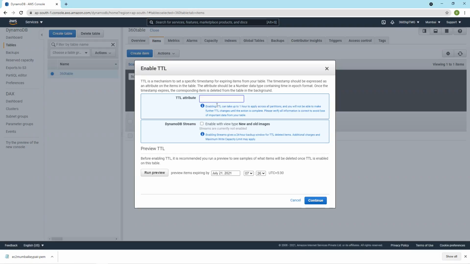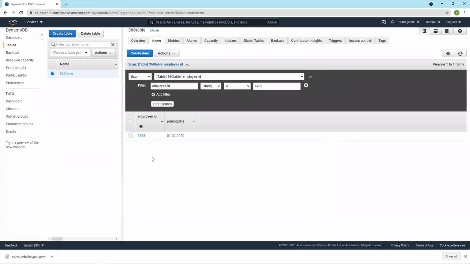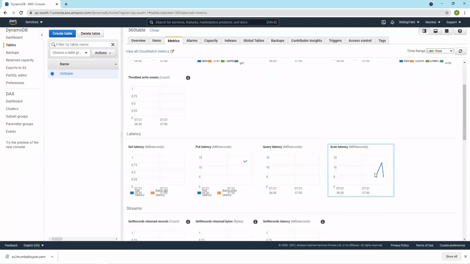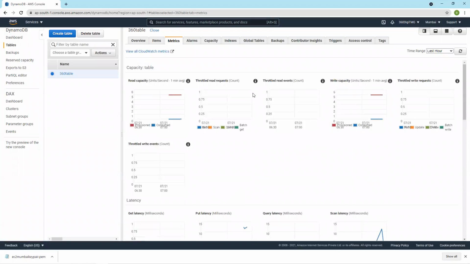it will keep data alive for that period of time. If you say 1 hour, 2 hours, or 24 hours, it will keep that data alive. And then after that time, it will expire the data item. And that is TTL, time to live, and manage live count. So right here you can manage the live count. And then we have metrics. So metrics, we know you can monitor. This is latency. All these are metrics related.